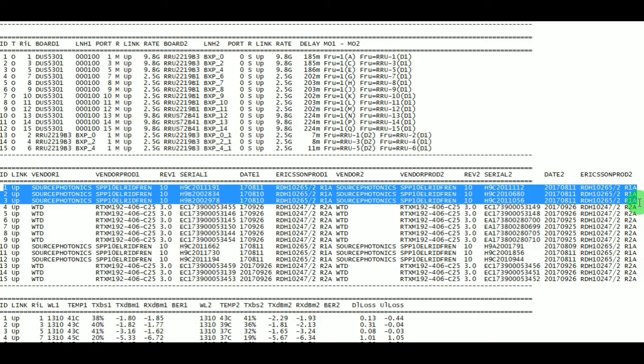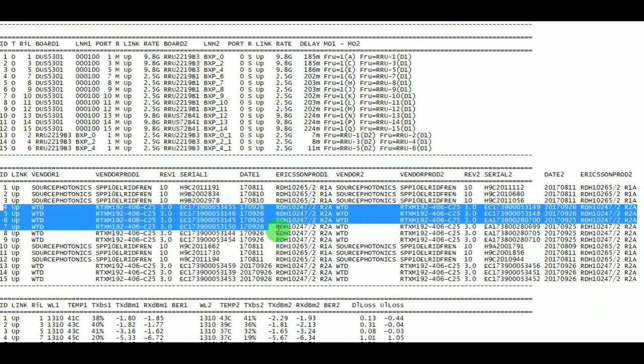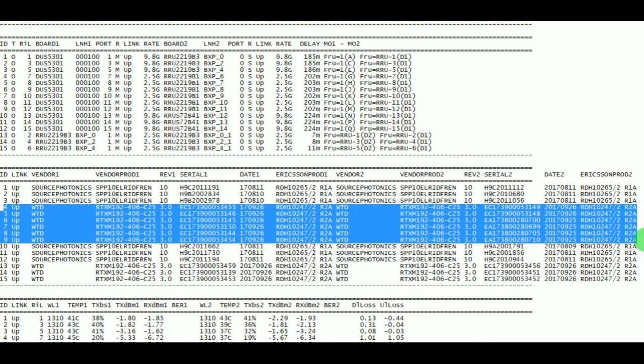Similarly, as I said earlier, link ID 1, 2, 3 belongs to FDD 1800. Link ID 4, 5, 6, 7, 8, 9 belongs to FDD 2100.